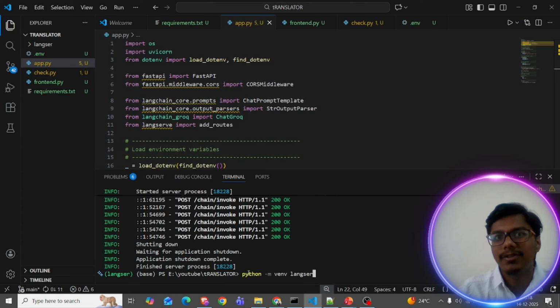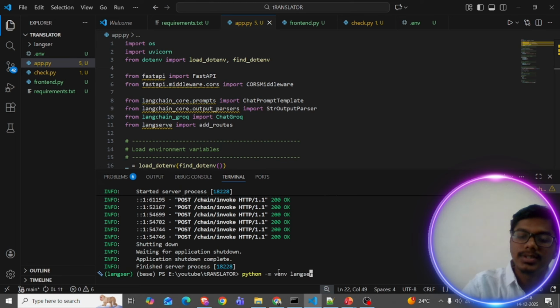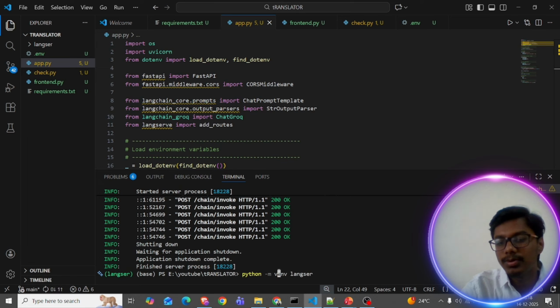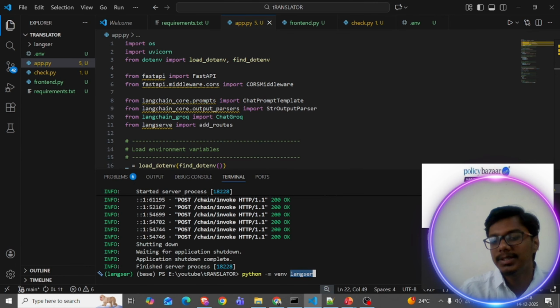So how to build the virtual environment? python -m venv langserve. If you are using Linux or Mac, you just want to type python3, likewise. I'm just using the Windows OS, so I'm just typing python -m venv. This is to be given as the name of the virtual environment, so I'm just giving langserve. If you press enter, means